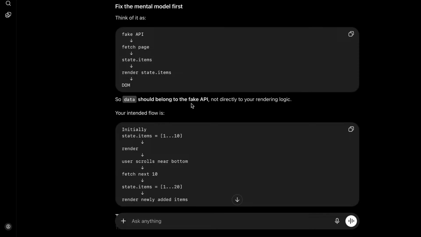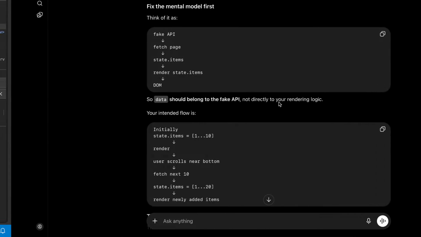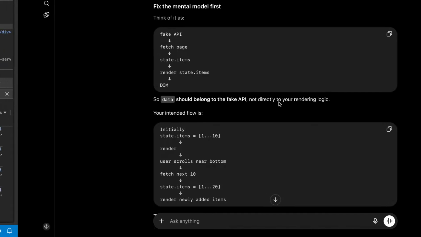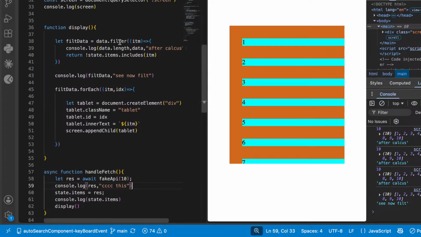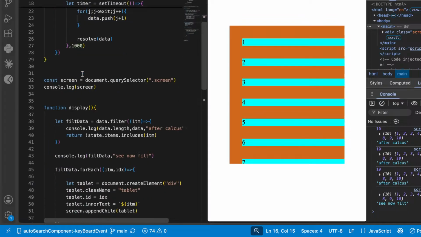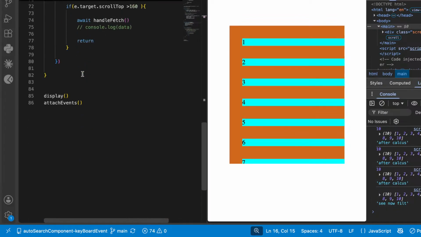Data should not belong to the fake API. Data should belong to the fake API, not directly to rendering logic. Fake API to fetch page. Okay, fetch page. Where do we have fetch page? This is a fake API first we are doing, and where we are dealing with this,